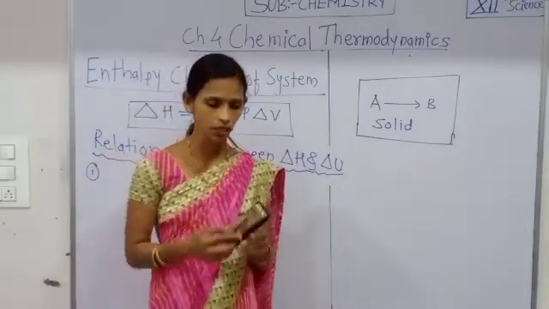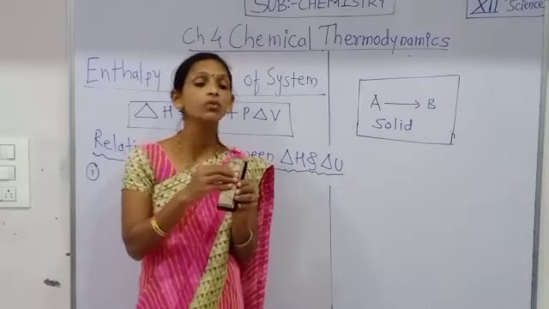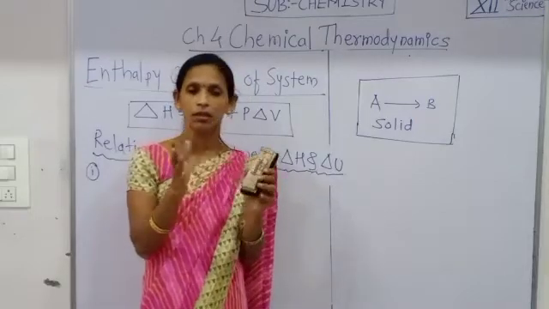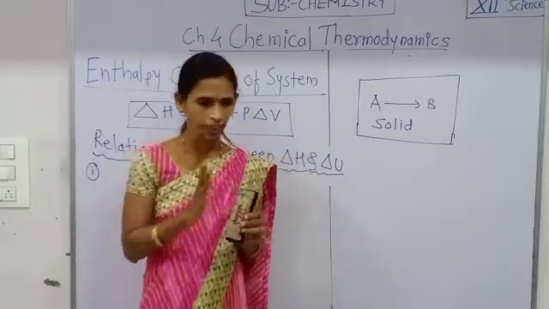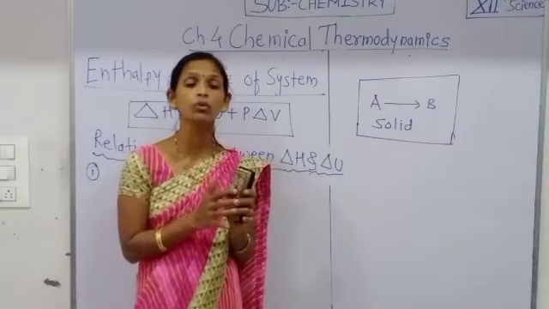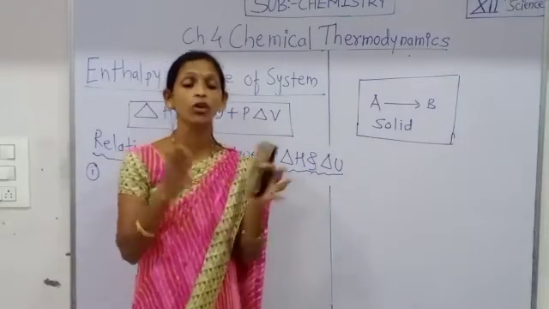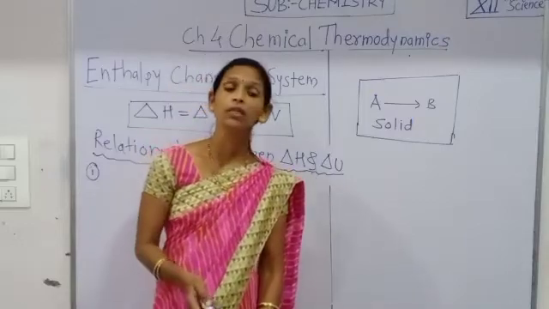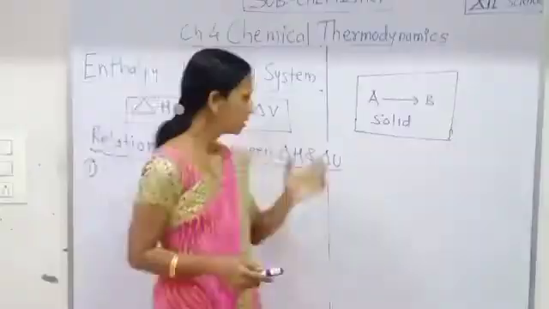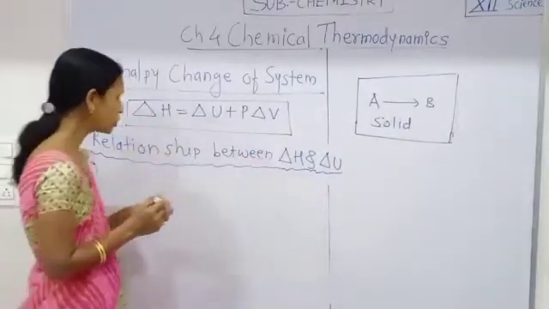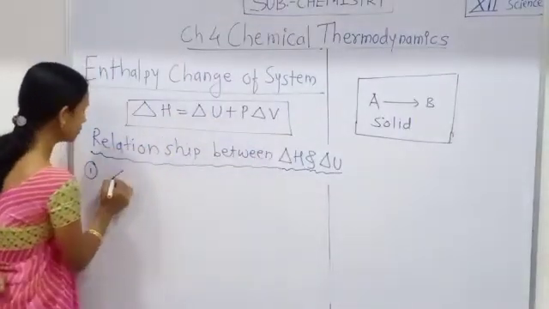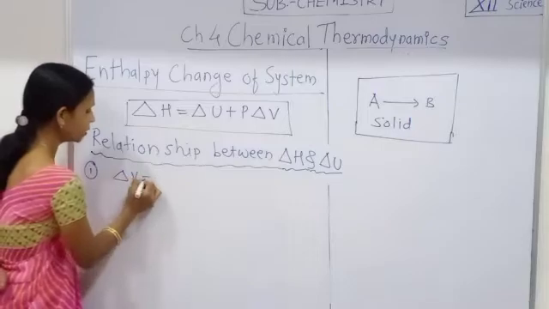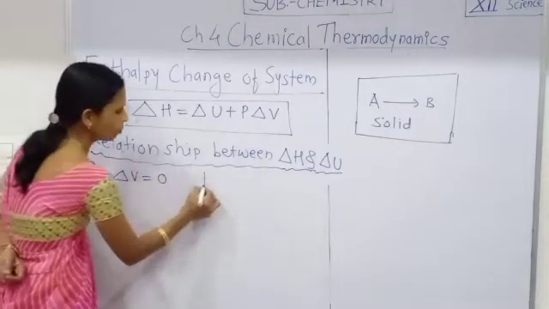That means if we apply pressure on them, no change in volume takes place, and solid substances cannot be expanded. Then there is no change in volume. That means here delta V is equal to 0